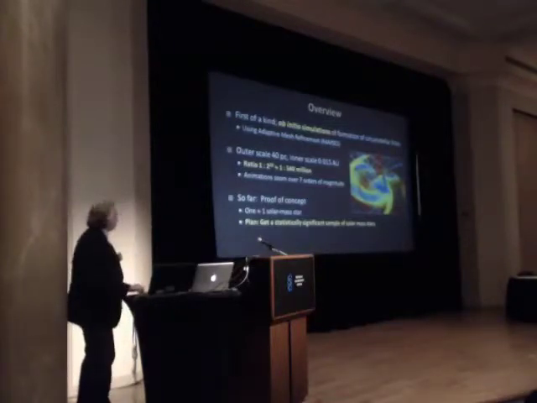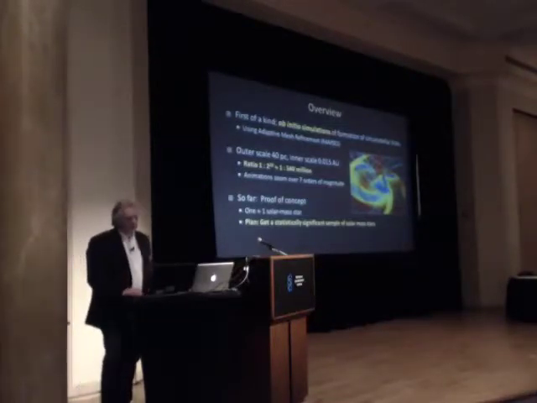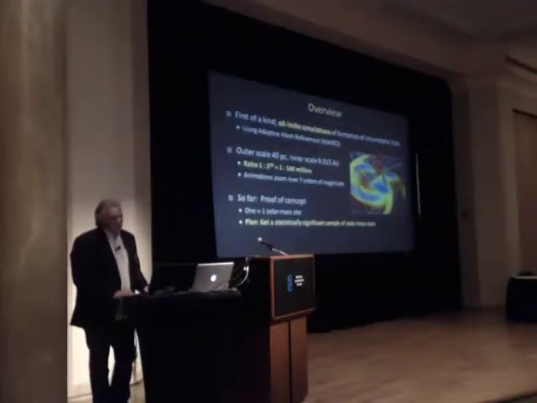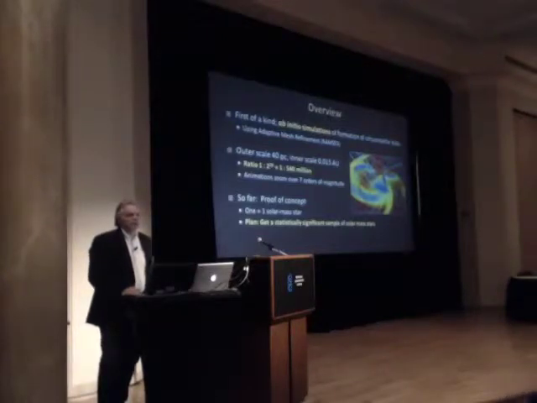It's, as far as I know, a first-of-a-kind thing. It's an ab initio simulation of formation of circumstellar disks using adaptive mesh refinement to zoom in over 9 orders of magnitude in scale. We choose an outer scale of 40 parsec, similar to a GMC or a GMC fragment. And the inner scale